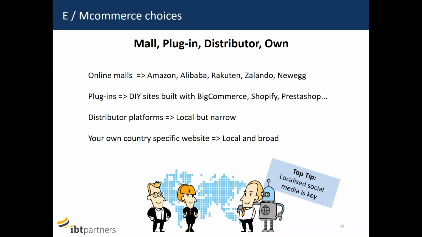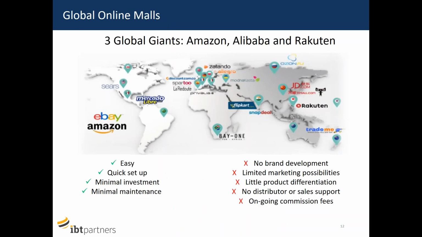So first of all, just starting with the online malls. Across the world, there are 3 big giants. Obviously, it's Amazon, Alibaba, and Rakuten in Japan. Amazon, obviously, for the United States. There are other ones too, but I just wanted to mention the top 3. What's interesting about Amazon is that it's an all-inclusive, integrated system. So it's a really great place to start.